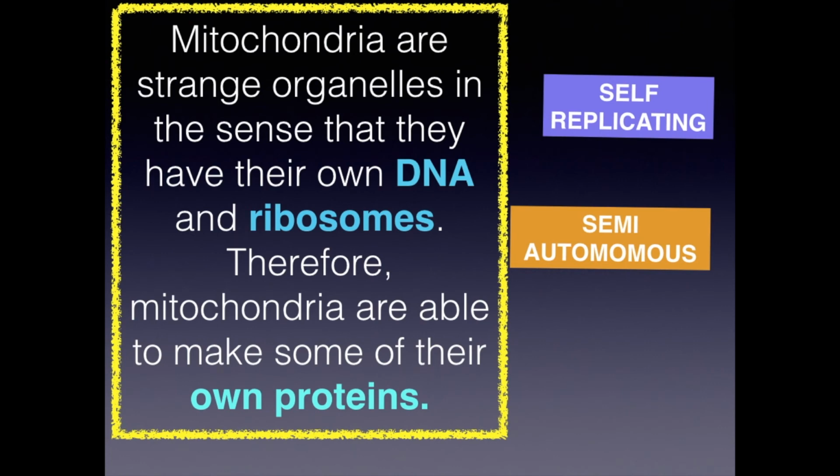That is the reason that sometimes mitochondria are referred to as self-replicating organelle or semi-autonomous organelle. So remember these two terms. You might be asked, name a self-replicating organelle or semi-autonomous organelle of the cell. The answer will be mitochondria. There is one more organelle in the cell which is self-replicating or semi-autonomous, and that is your plastid, which we are going to cover in the next